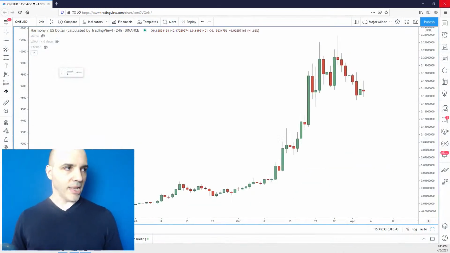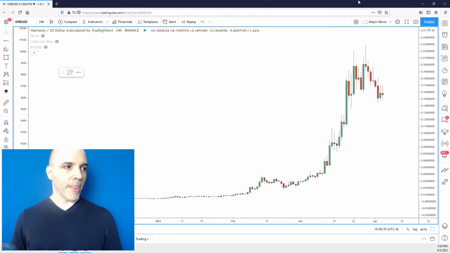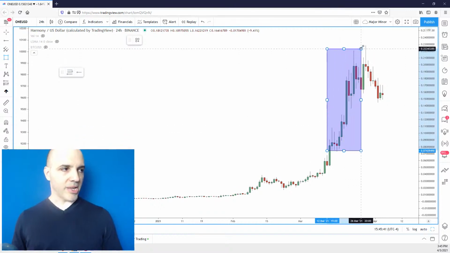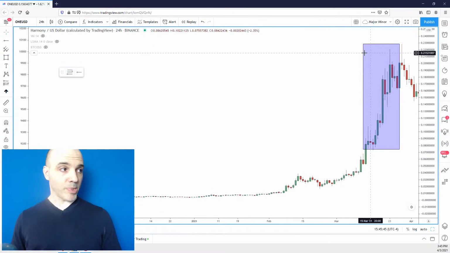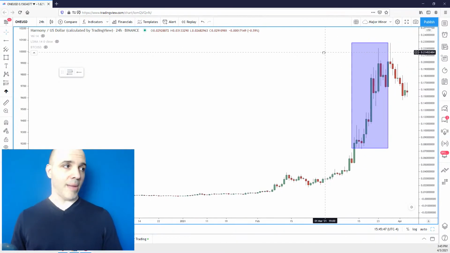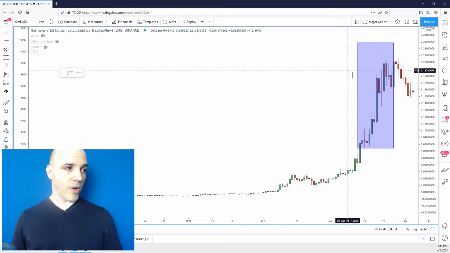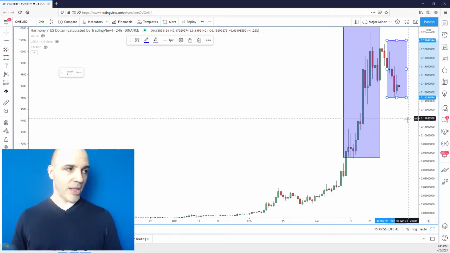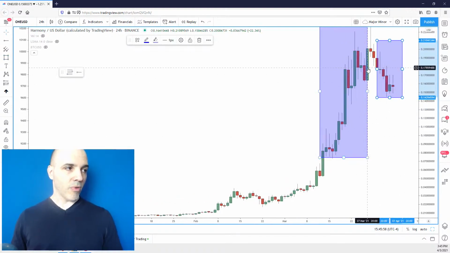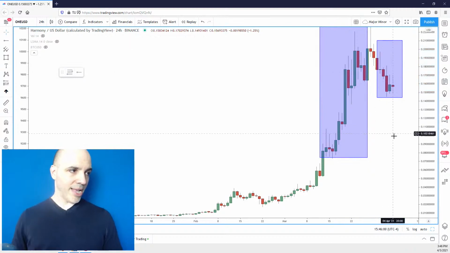All right, so Harmony. Harmony against the dollar. All right, so here's the situation. And this is a nice example of how the herd mentality eventually plays out. It runs, it runs, it runs. And if you buy these tops, because at the time it doesn't look like a top, you're running the risk of getting caught in something like this. So this, I would say, is now consolidating those gains. But it's still early in the consolidation. You took out this low over here, which is 15 cents, right?